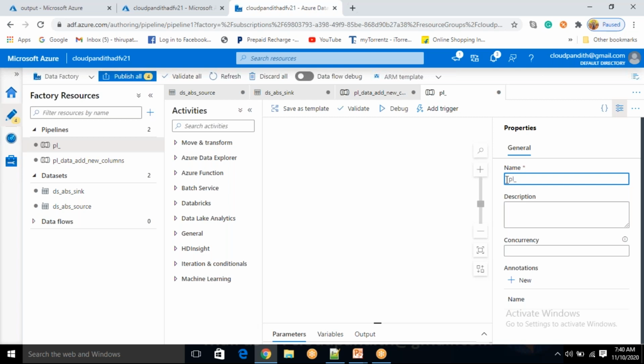The third pipeline is going to be our delete pipeline, and at that time I will explain. I have not completed it. So this is just adding new columns. We are going to see deleting columns, then how to delete the files. If you want to delete a subset of files, I will tell you how you can do that.